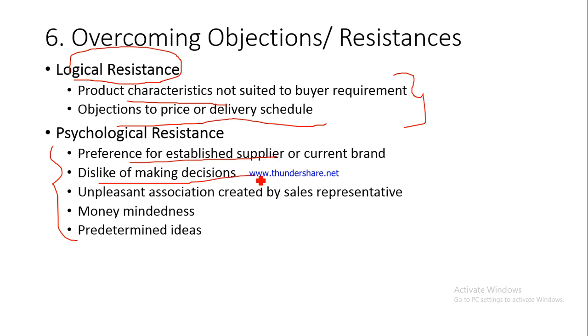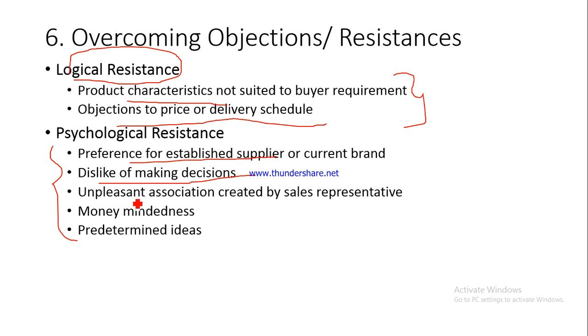Again, he does not want to make a decision because naturally, this kind of decision entails a lot of risk, so he does not want to take that kind of risk. So he is risk averse. He does not want to risk a wrong decision, so he is simply not making a decision. He is continuing with the current supplier. He is not actually placing an order with you because that would entail a decision which may turn out to be risky over a period of time.